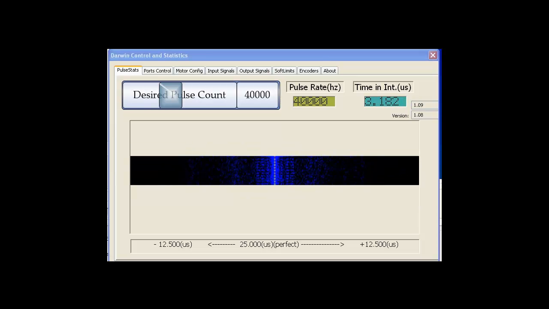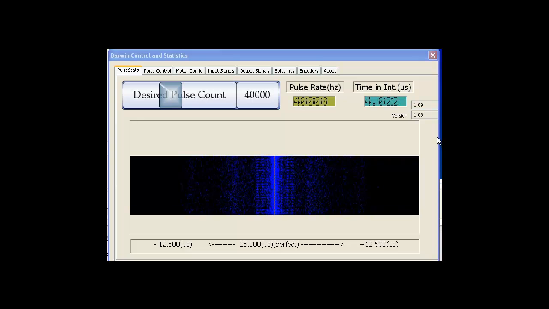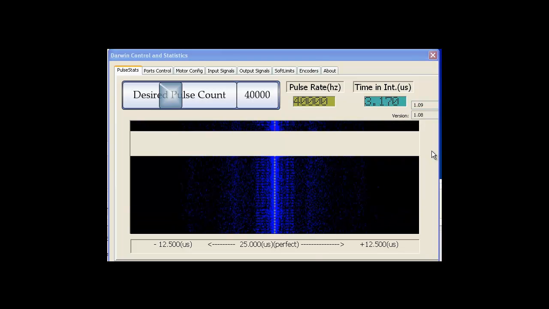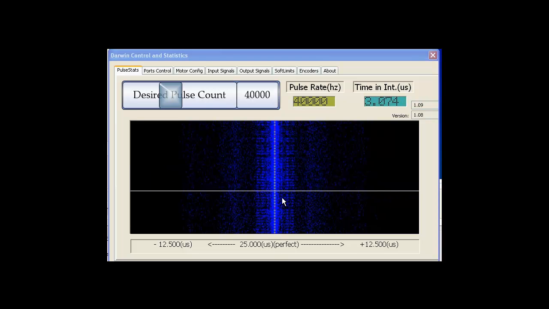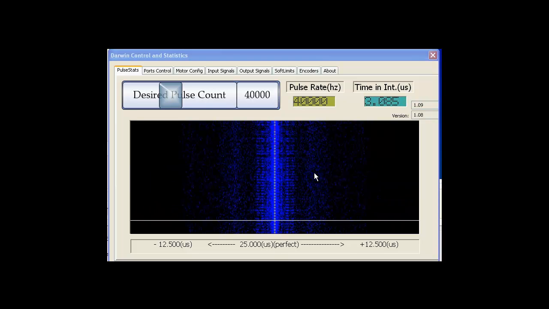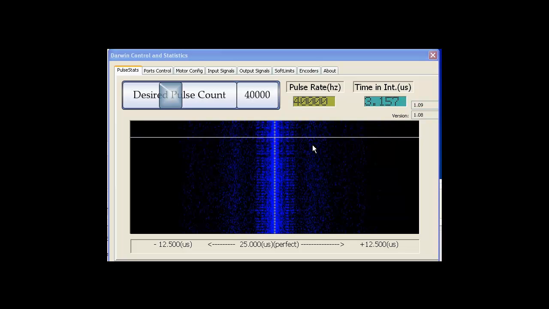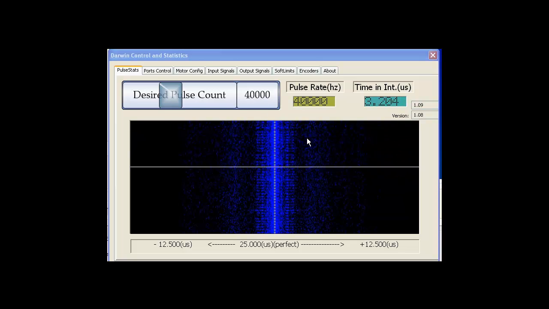Okay, here we are in the configuration mask of Darwin. I've zoomed it in so that you can see the entire thing much better. We have a center line in the waterfall. The waterfall display is showing us the stability of the system timer as it gives you 40,000 interrupts per second